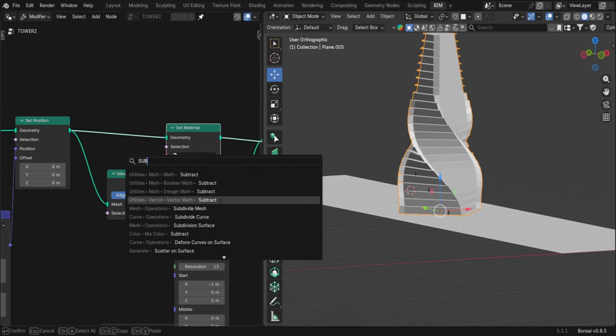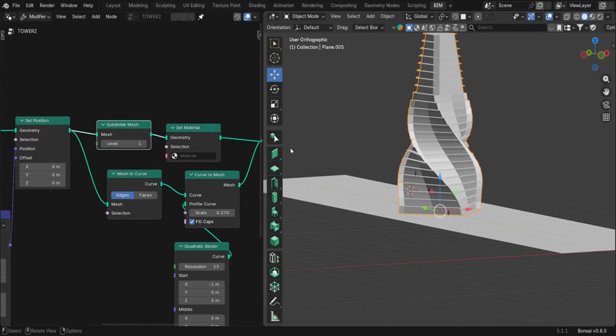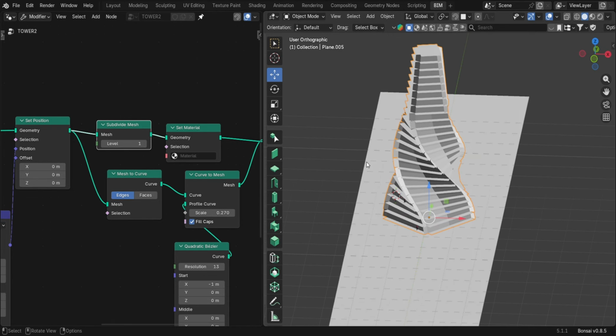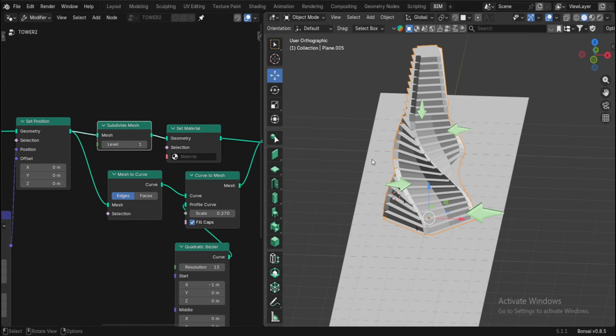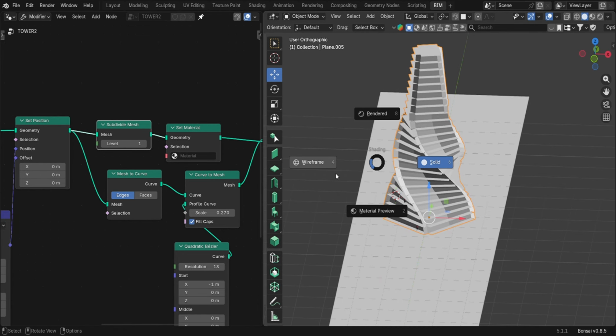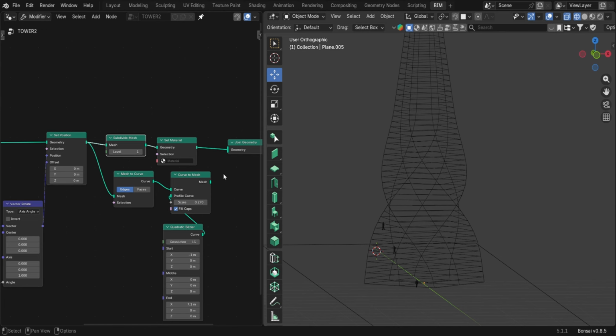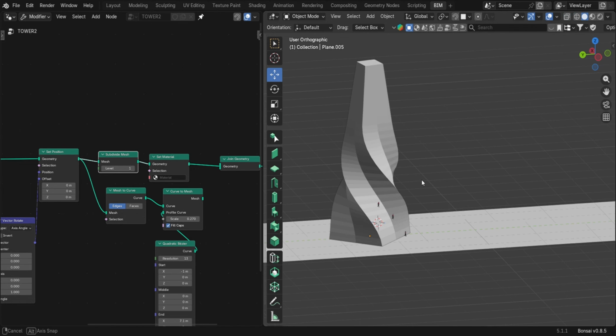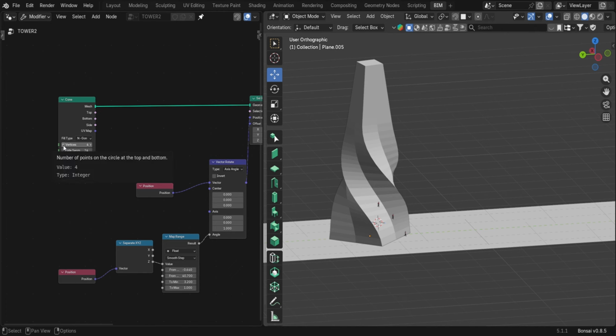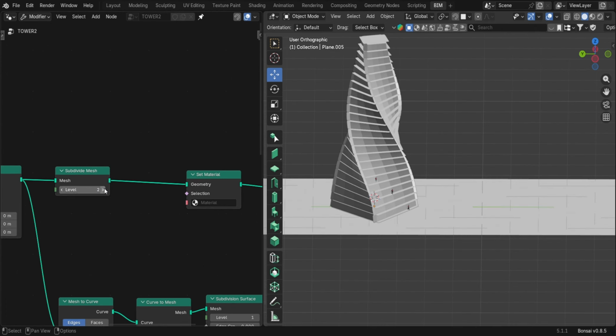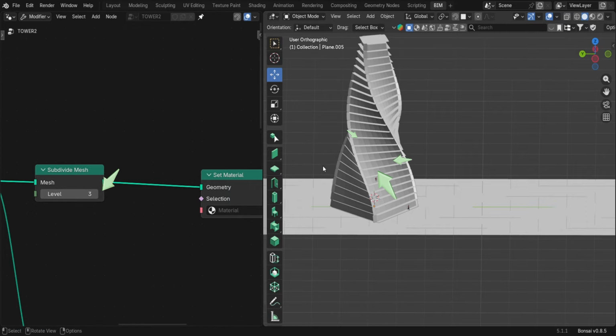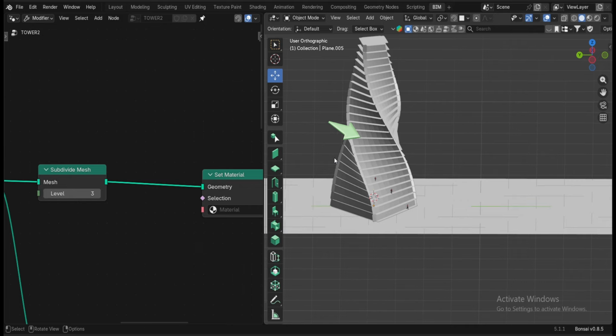Finally, let's improve the facade. Add a subdivide mesh node, and this one will help us create our facade and curtain walling. The subdivide mesh node inserts additional faces onto the mesh, as you hear from the name, subdivide mesh. So let me first switch to our frame view. You notice that the facade contains a few more faces. If you increase the subdivision level to around 3, the more faces you will see appearing. This creates a much denser grid on the facade, which is perfect for developing a curtain wall system.